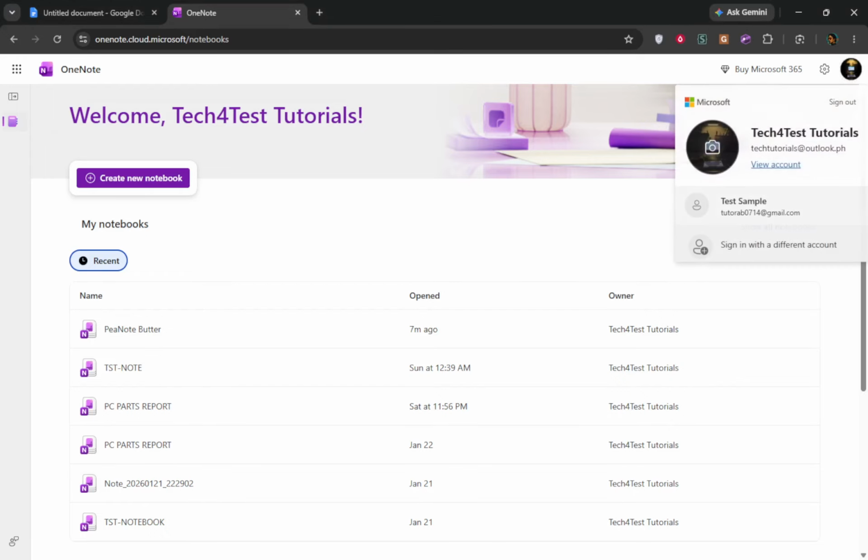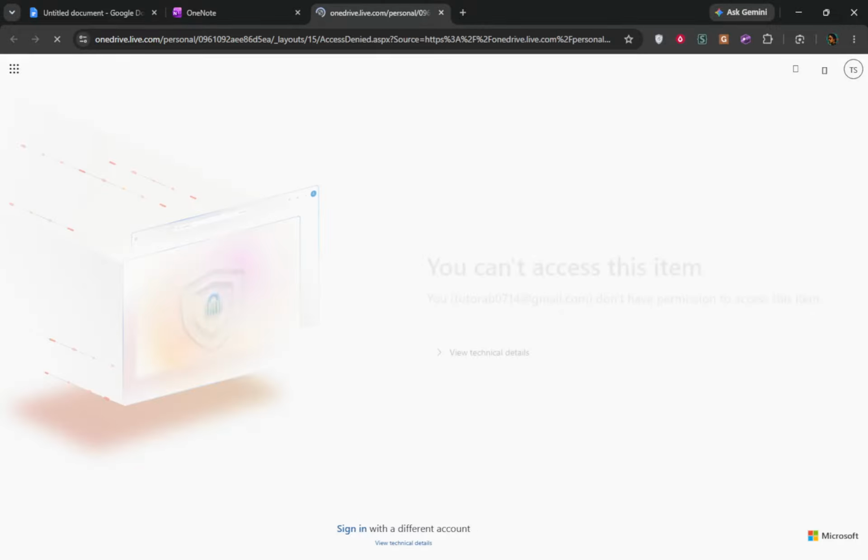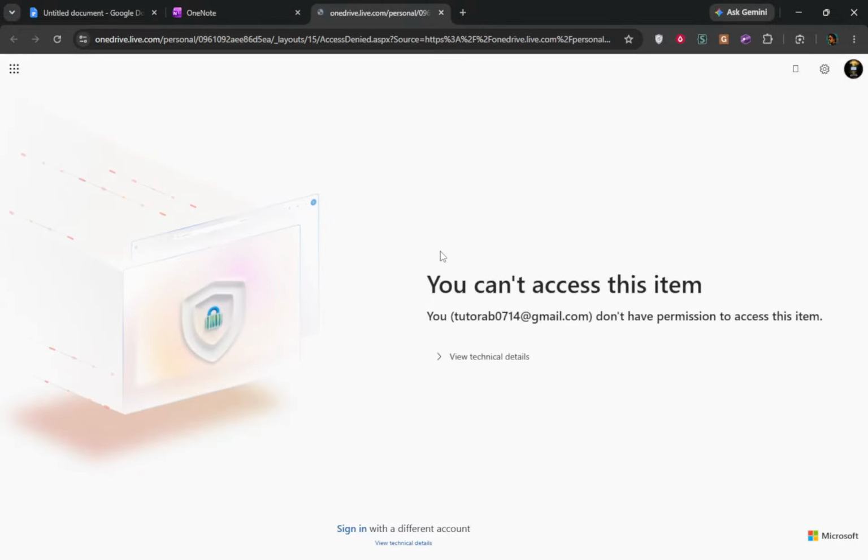Next, open the notebook you want to rename. This action will take you to the main page of that specific notebook. Here, you will see all your notes and sections. It is essential to ensure that you have the correct notebook open because renaming the wrong one could lead to confusion later on. Look for the notebook title at the top of the page. It will help you confirm you're in the right place.